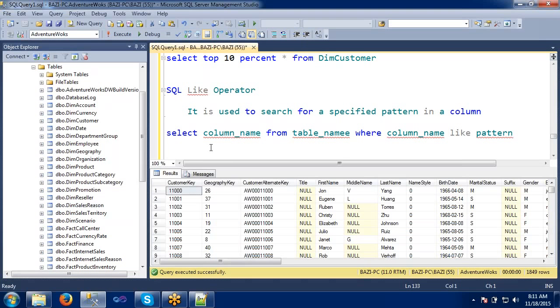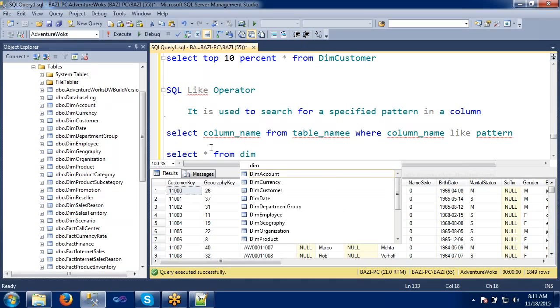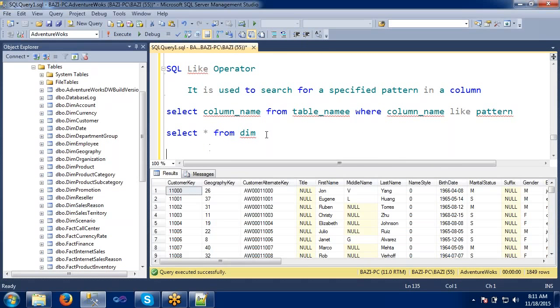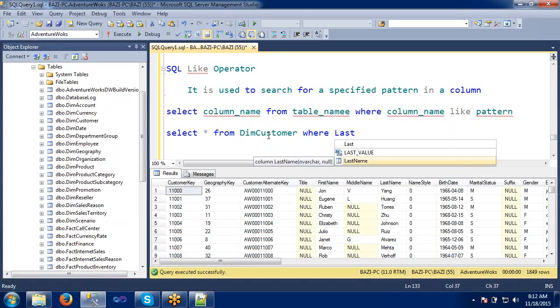Now I am going to use the same table. Select star from dim customer where, I will consider the last name. I just want to see the last name.